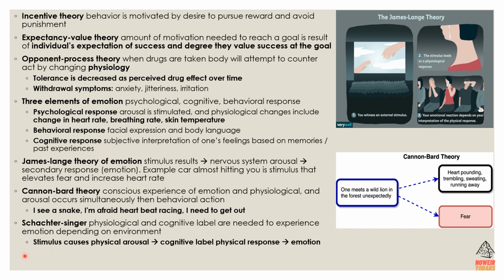And then lastly, we have the Schachter-Singer theory, which says a physiological and cognitive label are needed to experience emotion depending on the environment. Stimulus causes physical arousal, then a cognitive label for the physical arousal, and then emotion. Okay,